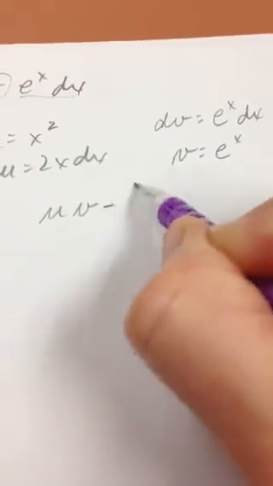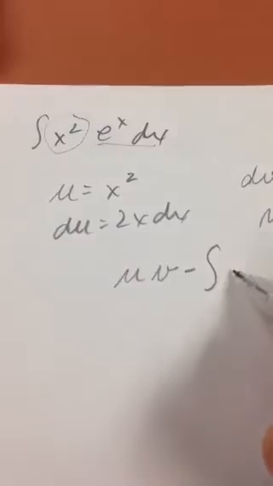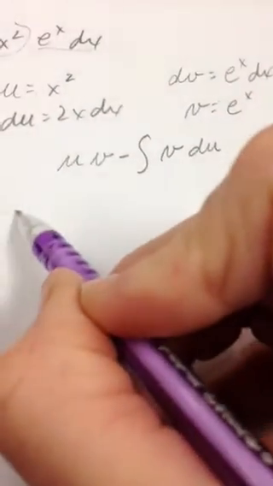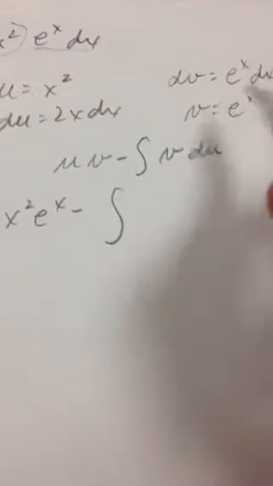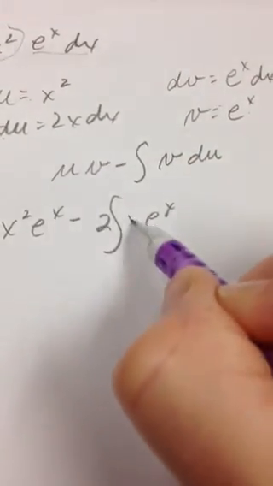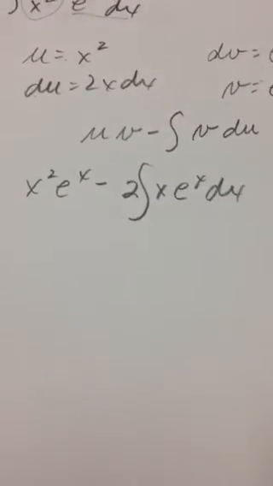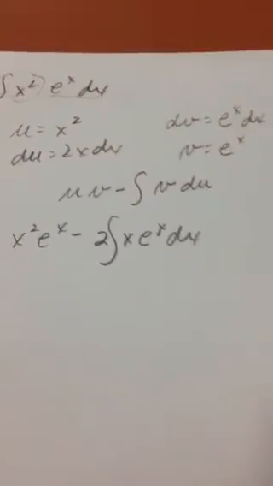Once again, integration by parts is u times v minus the integral of v du, taking u and v from my work above: x squared e to the x minus the integral of v, e to the x, du, 2x dx. Now, it appears I have the similar problem that I had before, so I'm going to apply integration by parts